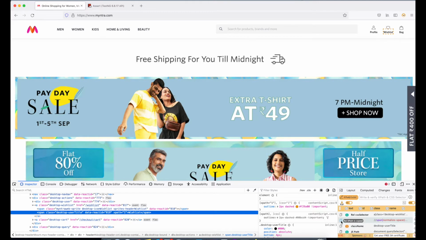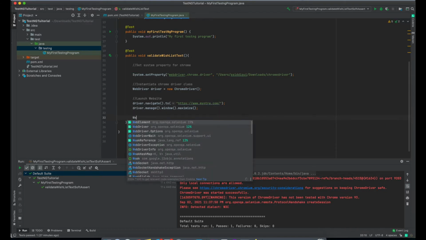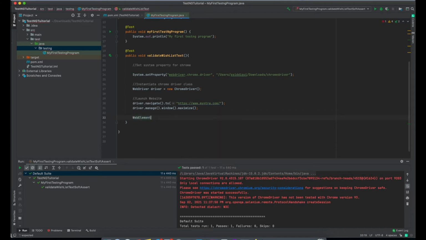So I will just copy this, and go back to my IDE, and here I will take a WebElement. That WebElement will be our wish list label, right? We need to validate the text.